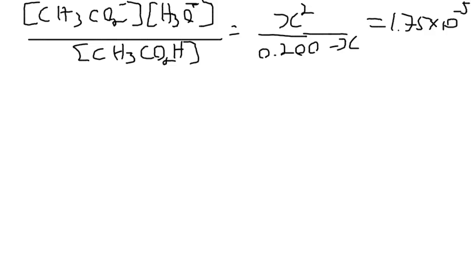That's the quadratic. What we can do in most cases, if we only need a couple of significant figures, is we can approximate by getting rid of this X. We'll say that if X is small compared to 0.2, then it doesn't have much of an effect. As a very rough rule of thumb, if you multiply the Ka value by 100 and it's less than the smallest initial concentration, you're okay to a couple of sig figs. So if we make that approximation, we know that